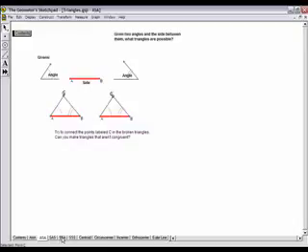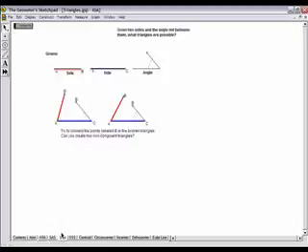Now SSA sometimes works, sometimes doesn't. This is called the ambiguous case. We've got side-side-angle where the angle is not included, and as we can see, using these measurements, we can get these 2 points to coincide in a triangle this way, but we can also get them to coincide down over here. We move these, so you can see we get two different triangles here,